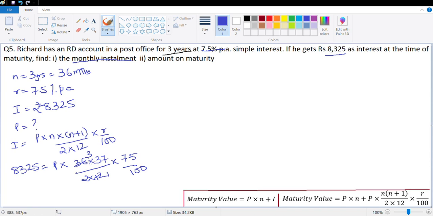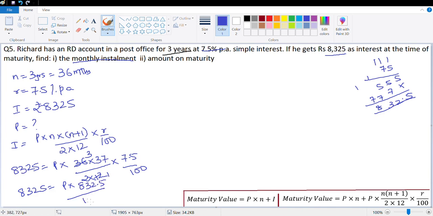So 37 into 3, that's 90, and 21, that's 111. So this is 111 multiplied with 7.5. So this is 5, 5, 5. This is 7, 7, 7. 5, 7 plus 5, 12. This is 3. This is 8. Decimal, so this is 832.5. Also, the calculation becomes simple. I have the same number on both sides. So this is P multiplied with 832.5 upon 100,